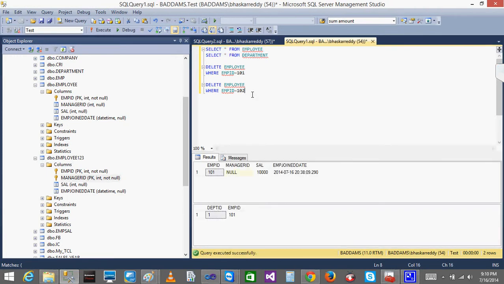But in my scenario, I want to delete 101 also, but how to delete? Truncate? Truncate also you can't do on the employee table.